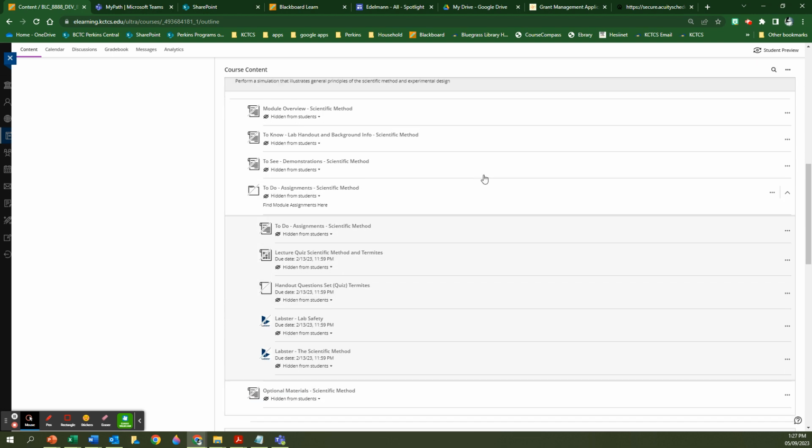Okay, so when you open this up, you see all these things, right? And all the assignments are in here. This is helpful if you want to make sure that they're all hidden at the same time. So having the assignments all together allows you to hide them all and make them all visible at the same time. But when you look at each of these individually,